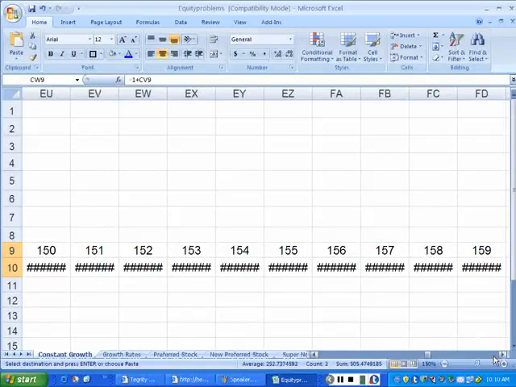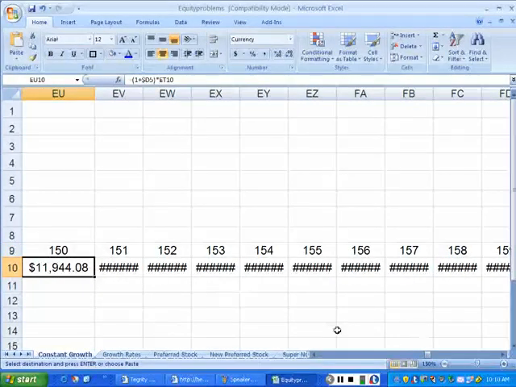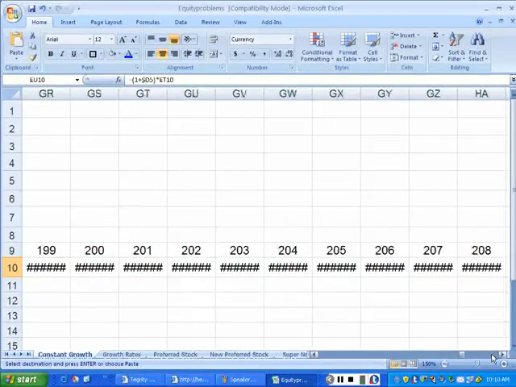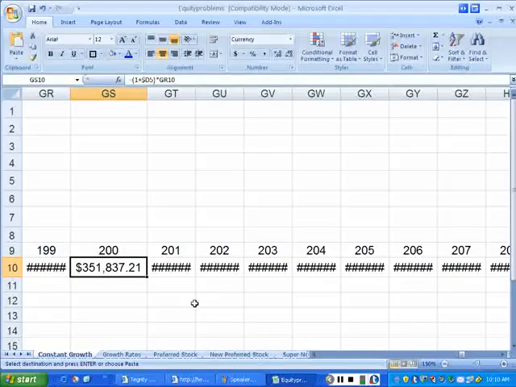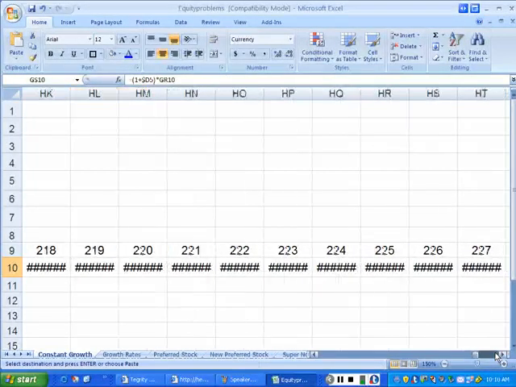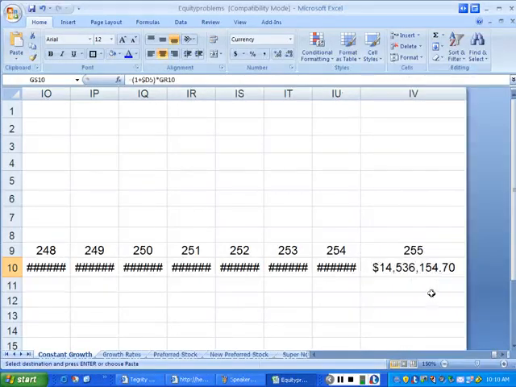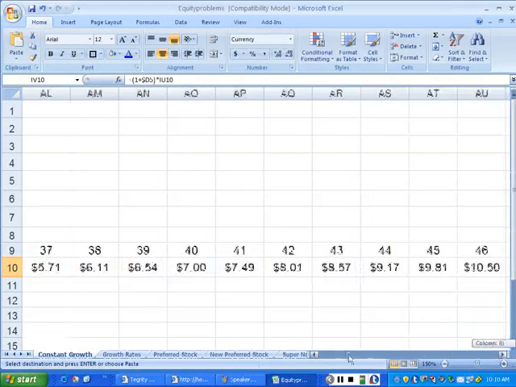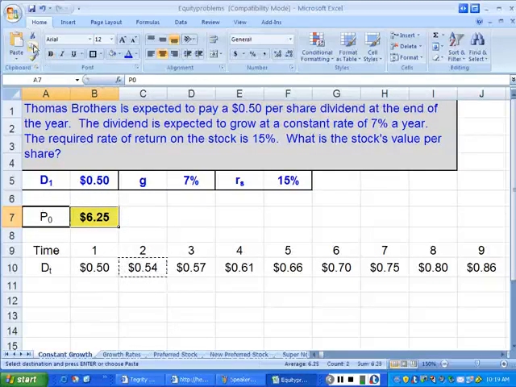If you went out to 150 years, you can see that the dividend's $11,944. At 200 years, it's grown again. That's a $351,000 dividend. And as far as we've illustrated here, which is all the way out to period 255, even at that point in time, here we've got a dividend that's at a level of $14.5 million. Now, in spite of that pattern that we have, we've said it's only worth $6.25 today. So let's go ahead and